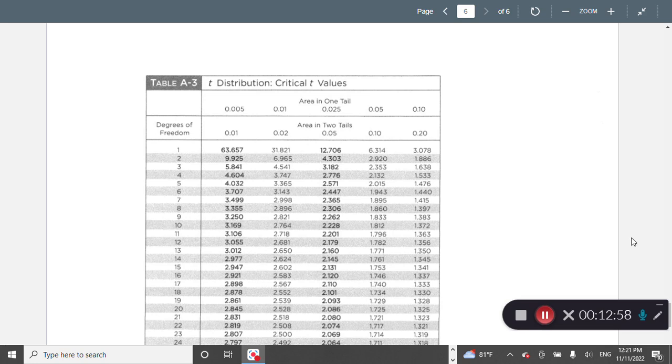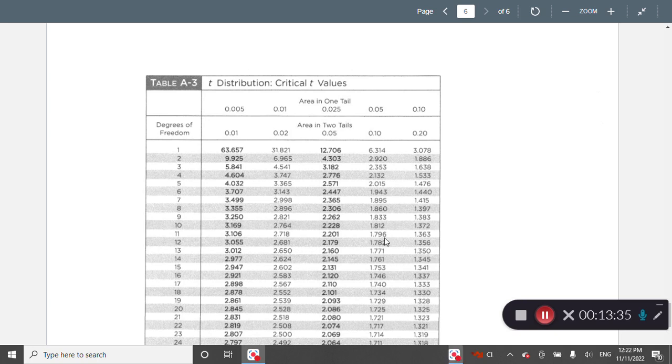Here is table A3 with the t-distributions. Again, we have a sample size of 12, so we're going to use 11 degrees of freedom. Here is a row for 11 degrees of freedom. In this row, we're going to match that up with the area in one tail equal to 0.05. So this is always going to be where we look up our significance level. One-tailed test, 0.05 area in one tail. Go down to the row for 11 degrees of freedom, and here we find that critical value of